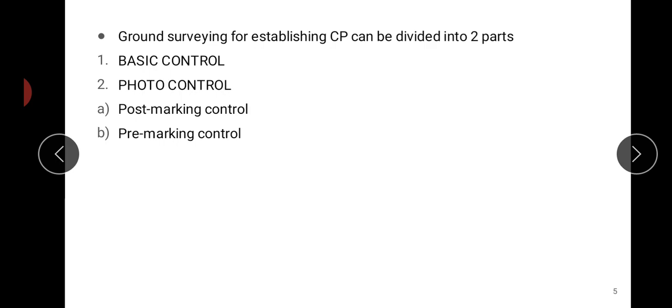Now what is post marking control? The photo control points are selected after aerial photography. Once the photo has been taken, we select the points on the photograph, and these points are taken with respect to the basic control points which are already present on the ground and which are visible on the image.